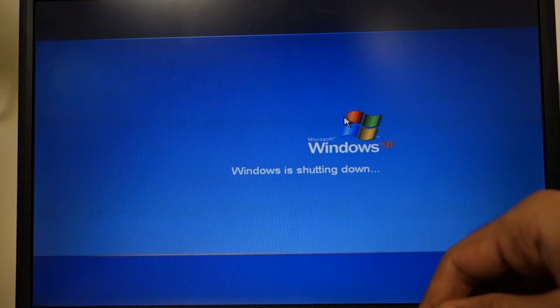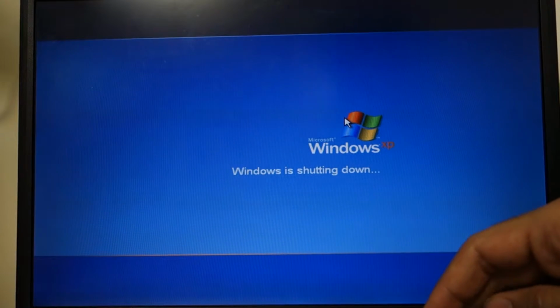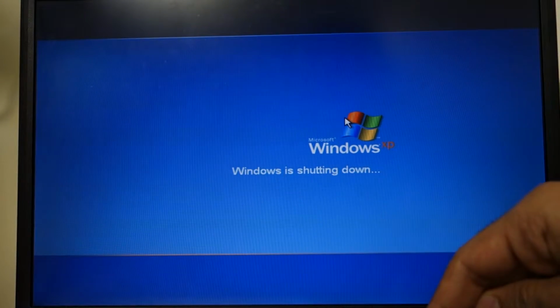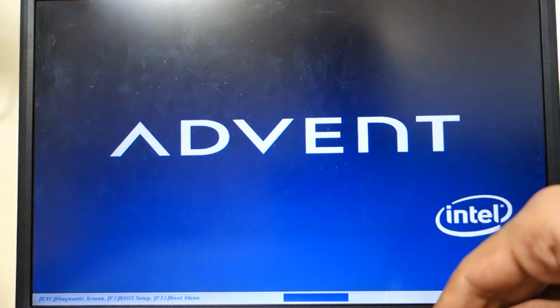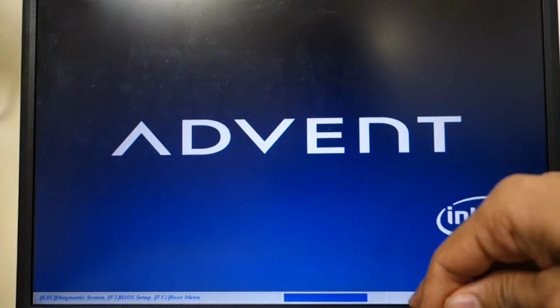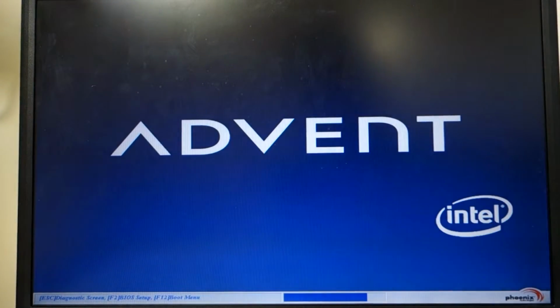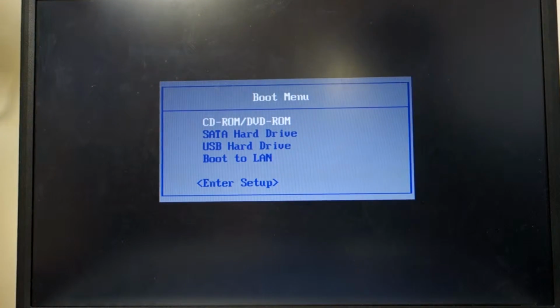When it's restarting, there will be an option called boot. So you have to choose from where you want to boot, and you can make it in a way that it would boot from the USB or DVD that you have inserted. So you have to press F12. As you can see in here, it shows that if you press F12 you have a choice to choose from